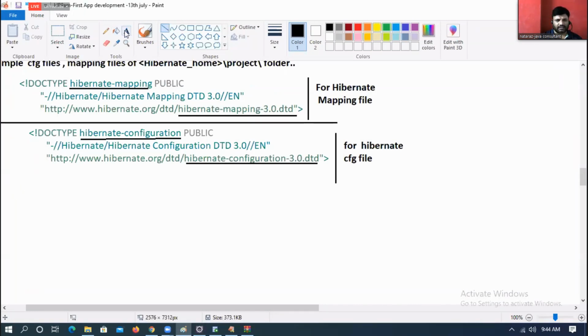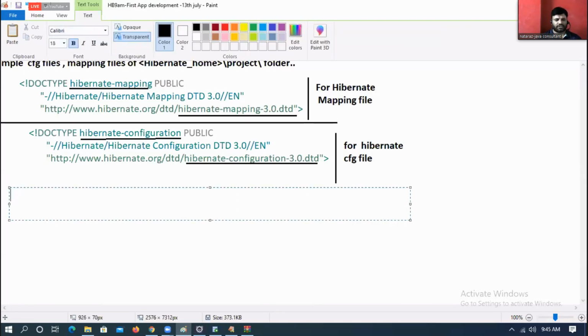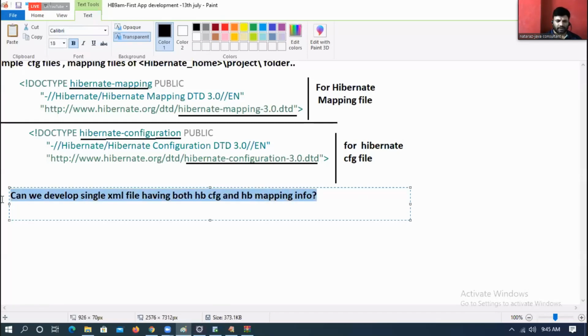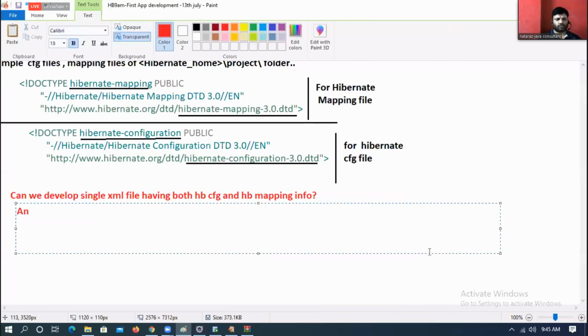Right. Let's see the note. Question: can we develop a single XML file having both Hibernate configuration and Hibernate mapping info? Answer: no. Because